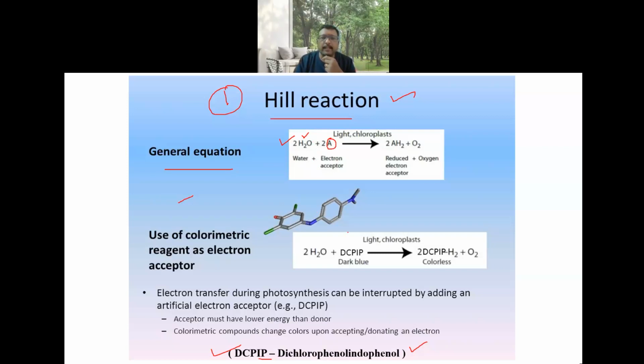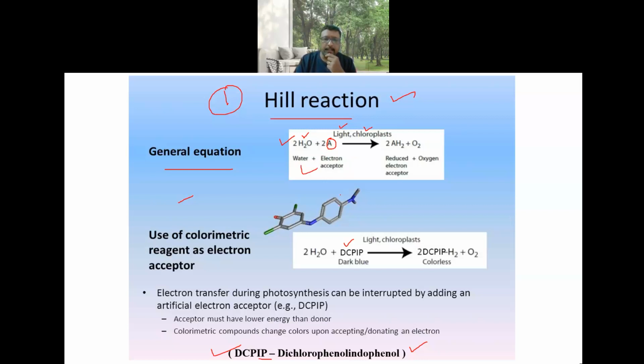That A is nothing but DCPIP. So in the presence of light, the chloroplast, water and a hydrogen acceptor, that is DCPIP,